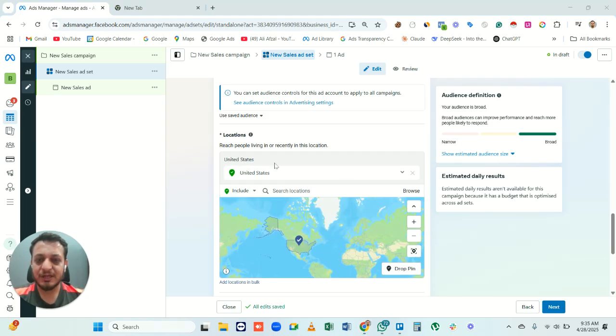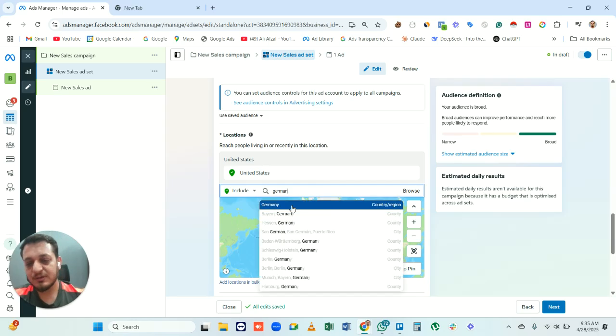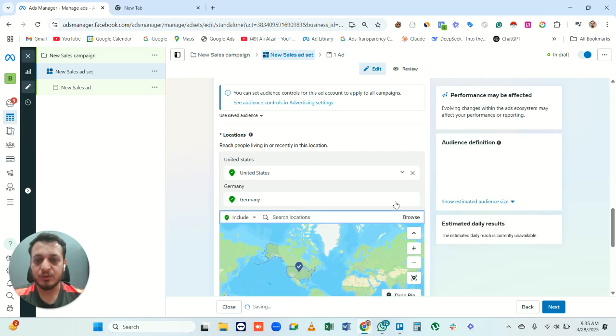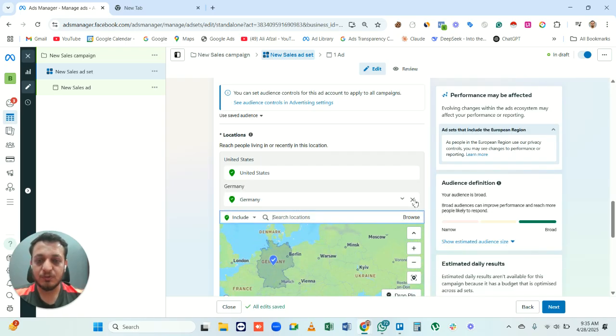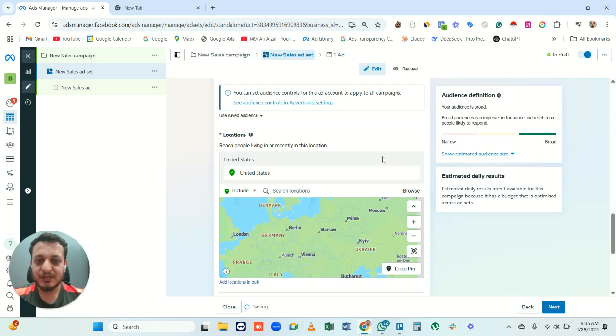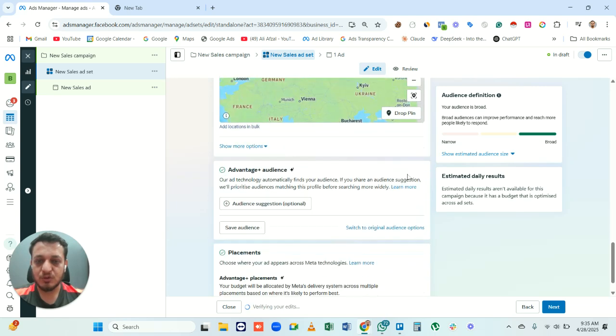So as you can see, we can add a lot of different countries over here. So beside United States, if I want to add, for example, Germany, right? You can see we can add multiple locations over here. But in Advantage Plus shopping campaign, we were not able to do that. Beside that, we're going to scroll down a little bit over here and we're going to click on